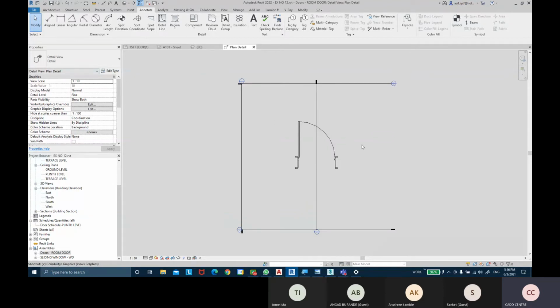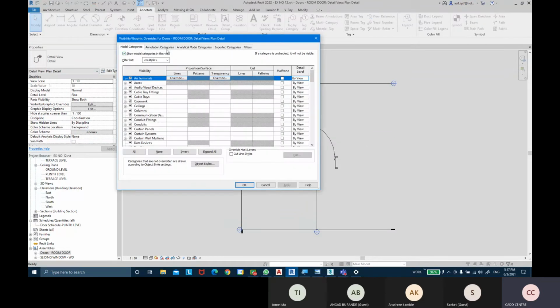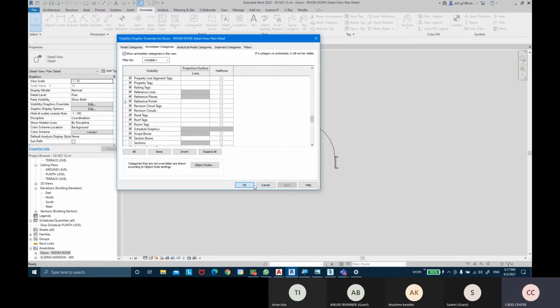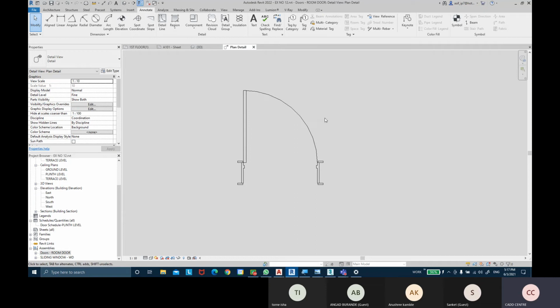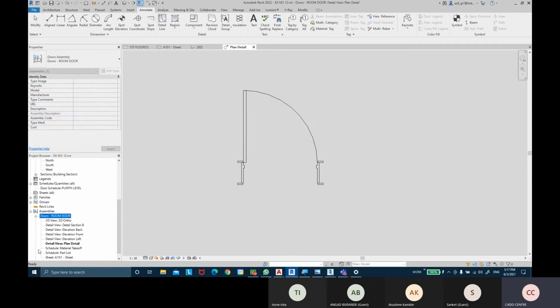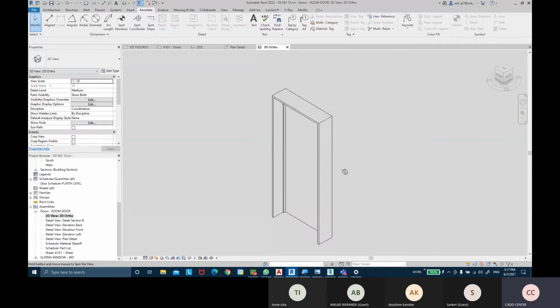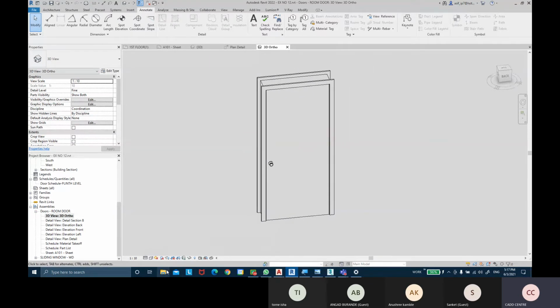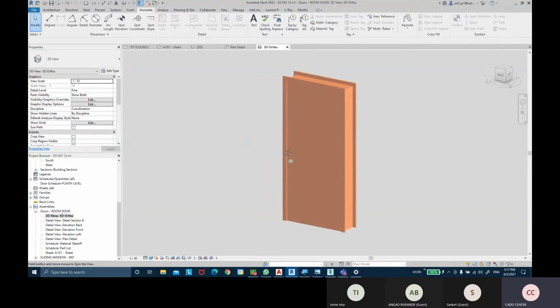Okay, that's the plan view. You can come into visibility graphics of all these annotating category like sections, so that you don't see that section and you just see the floor plan. Okay. And you can come into the other views, like this is the 3D view, just to find details, and you can make this to realistic so that you can see them in realistic material.